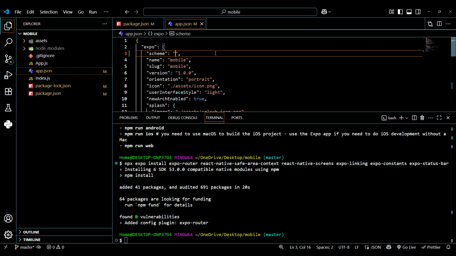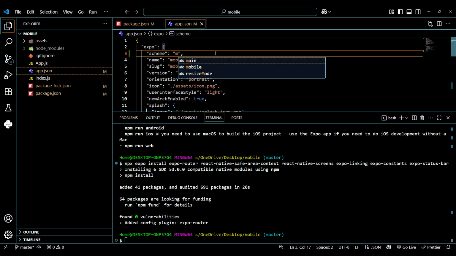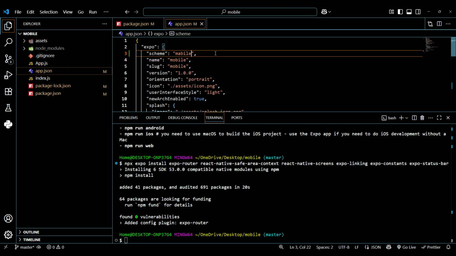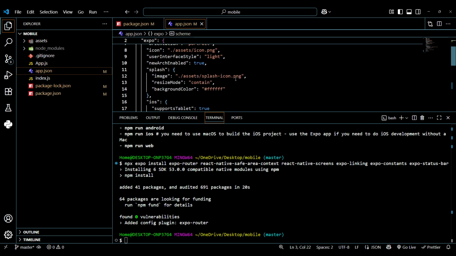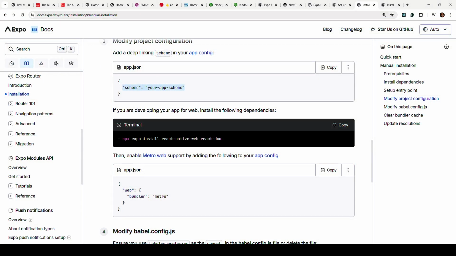Utaiweka name ya app yako yangu inaitwa mobile, like that. Mobile, like that. So that one to my input, kisha input that one, that's okay. Then put it back here. Tunataka install Metro. So copy this one also and install Metro. Wakati hii inaendelea kuinstall,